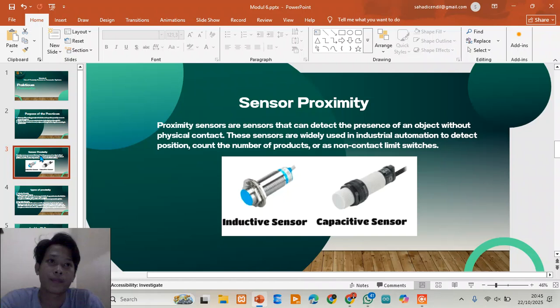In industrial automation, this sensor is usually used to detect product position, count the number of objects, or act as a limit switch for the PLC. Compared to mechanical switches, proximity sensors are faster, more reliable, and wear free, so they play a crucial role in feedback control.